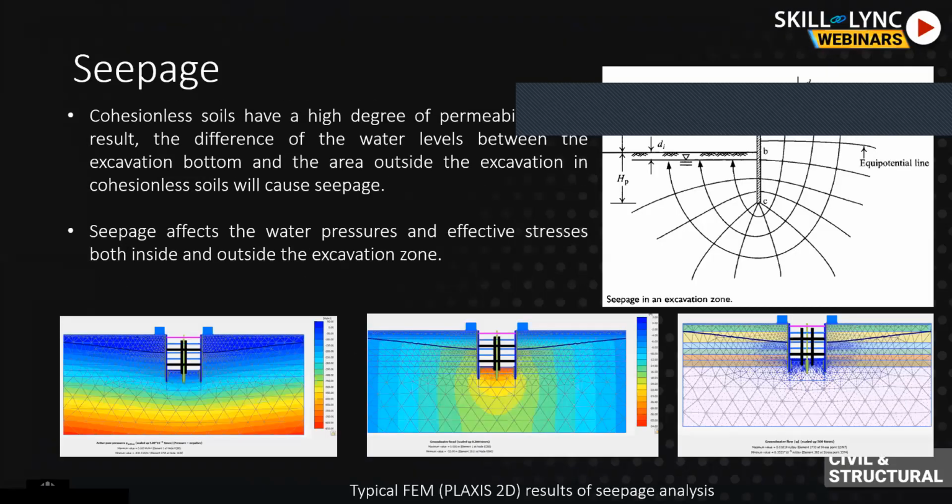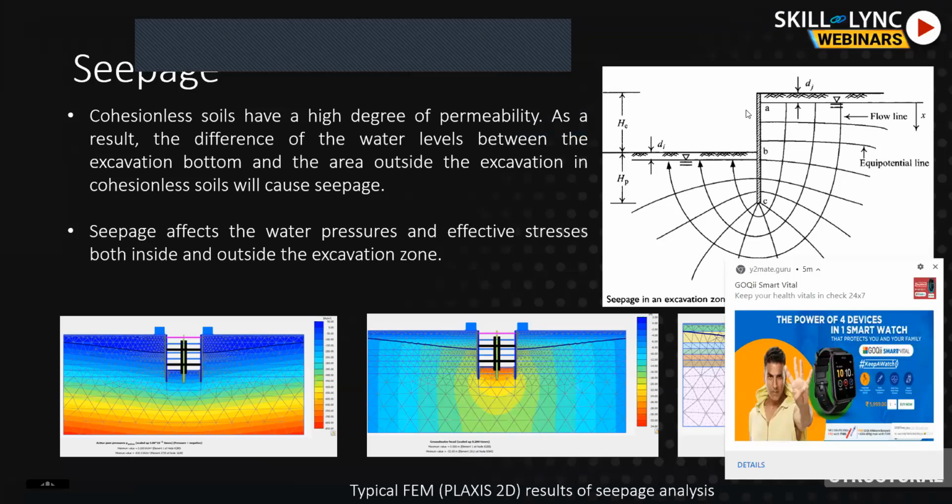Before I start seepage, I just want to tell that dewatering is required for lowering the groundwater level in an excavation region, wherever the groundwater table is above the final excavation level. As you can see in the photograph here, this is the groundwater table, it is just below the ground surface. So to achieve this kind of excavation, we need to dewater the ground continuously as the excavation proceeds. So the purpose of dewatering is to lower the groundwater table in the excavation region.